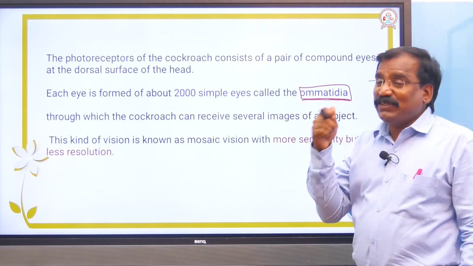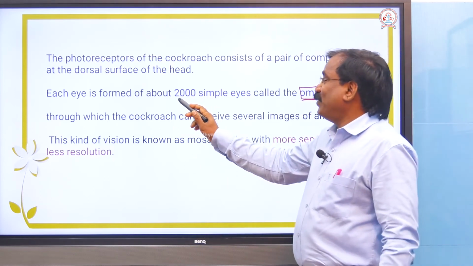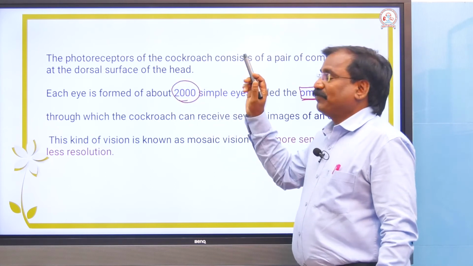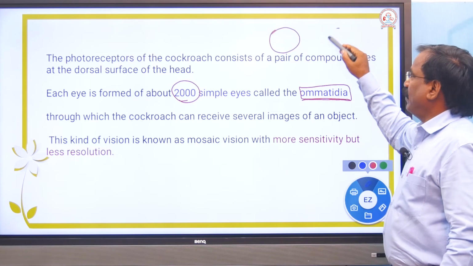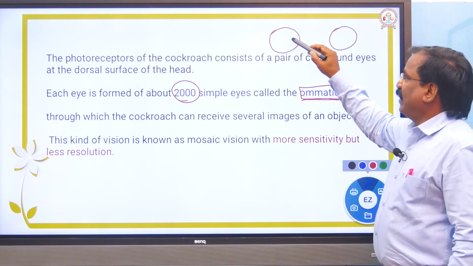Listen, each eye is made up of some 2000 units. Each eye is, so listen, a pair of eyes, imagine that a pair of eyes is made up of